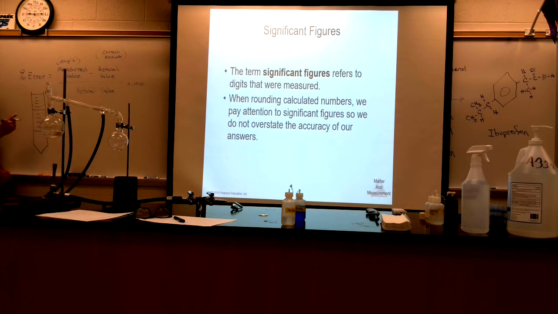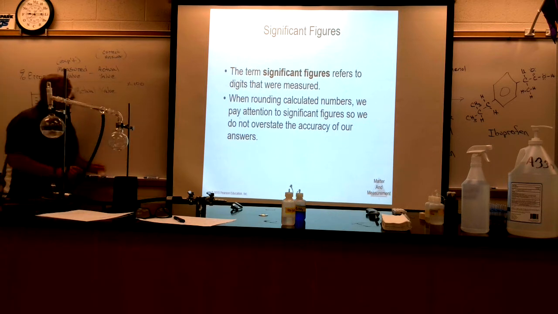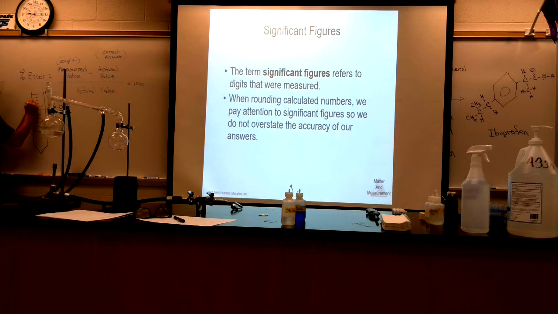Everything I know for sure, I know in the ones place, and then I can guesstimate. It's right on the line, so I'm going to say that this is 6.0, one past whatever the smallest division is. One digit of uncertainty. Now, if I measure something else, and it goes to there,